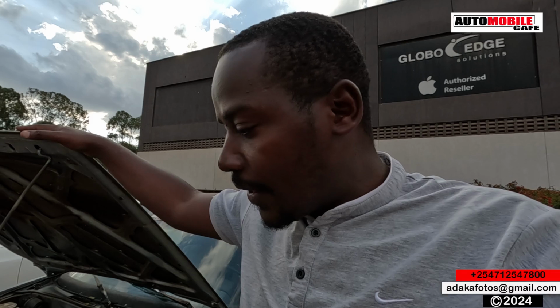This vehicle has been around with the owner for more than 30 years, and the owner actually bought it in the US, brought it in Kenya. Now she's been enjoying this vehicle for a very long time, and surprisingly, for those who don't know, or for those who are interested in these classics, this is the first time that the Celica did the EFI conversions in their engine, and the unit that I have here is actually a 2R engine